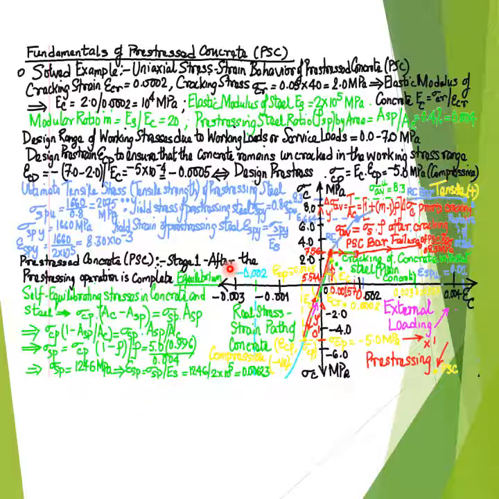So with that, basic design calculations for the material properties of the constituent materials, that is the pre-stressing steel and the concrete in the pre-stressed concrete bar, we will proceed to the derivation of the uniaxial stress strain curve of the pre-stressed concrete bar starting from the state of zero stress and zero strain,